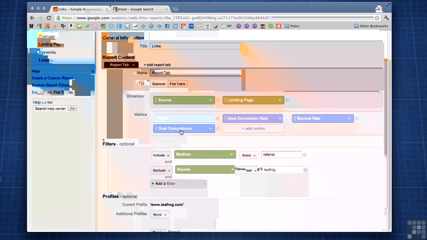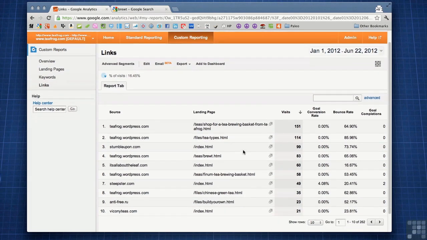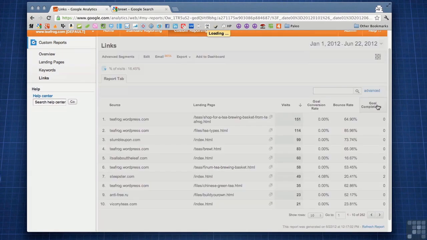I am going to add, there we go, goal completions. Okay. So let's add that one. I really want to see what this looks like for the different sources. So now we've got goal completions, and we can sort by that. Sorting by conversion rate can be a little